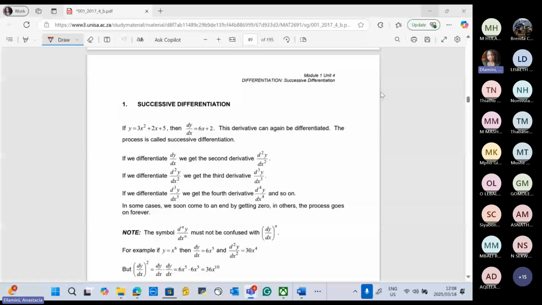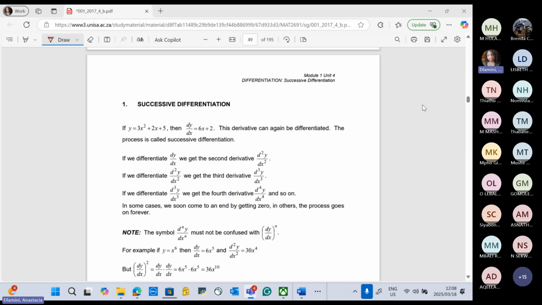So, successive differentiation. If you have y equals 3x squared plus 2x plus 5, then dy/dx equals 6x plus 2. This derivative can again be differentiated. The process is called successive differentiation, meaning that if you differentiate dy/dx, then you get the second derivative, which